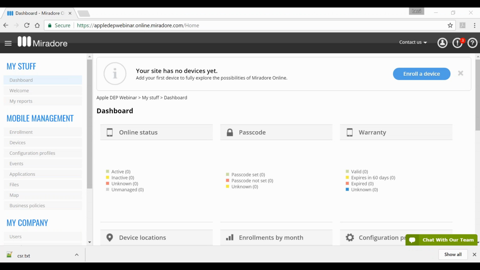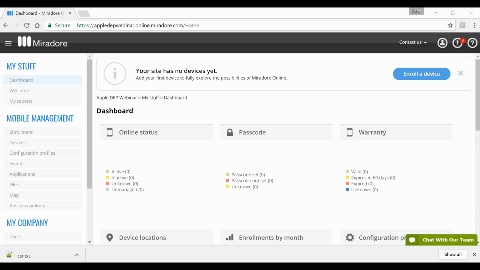Then enrolling devices through the DEP program allows you to also lock certain features. So for example, you can prevent the end user from removing the MDM management from the device, so it can be locked there. And the DEP enrollment also enables the supervised mode, which is a mode needed for the most powerful management features in MDM, so managing iOS devices. For example, there are multiple different restrictions you can set only for the supervised mode devices.